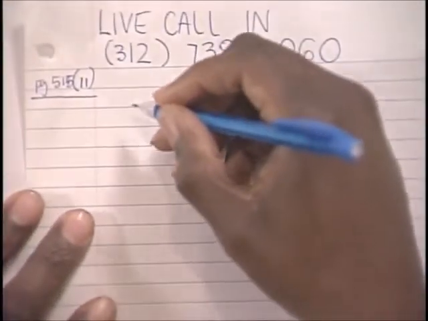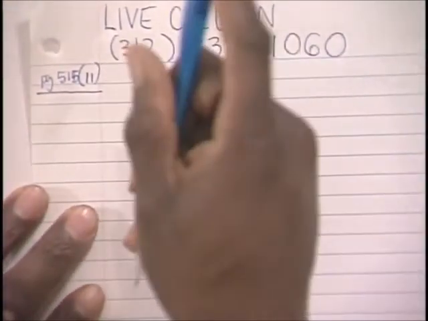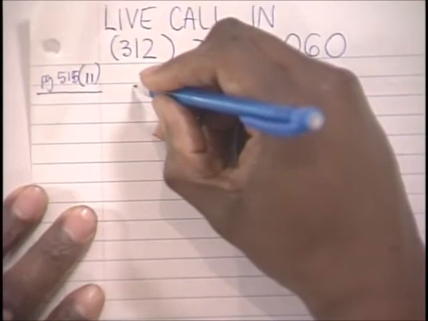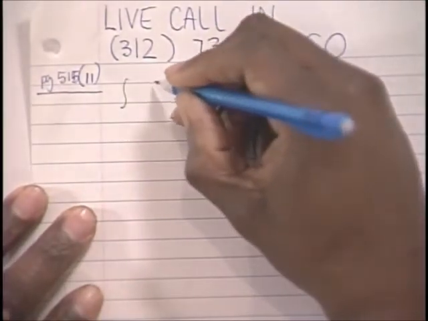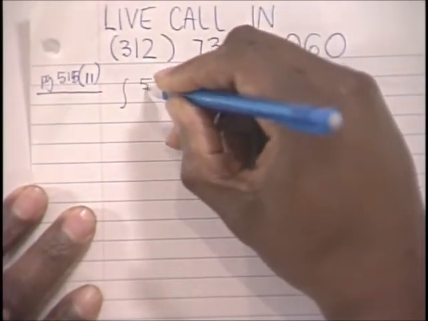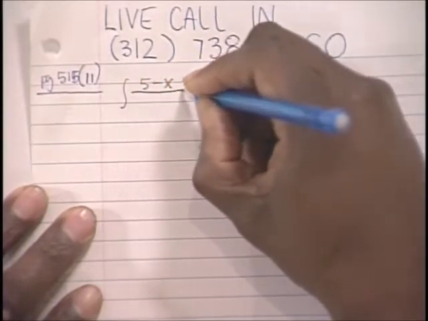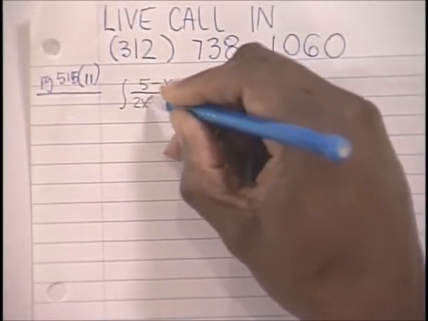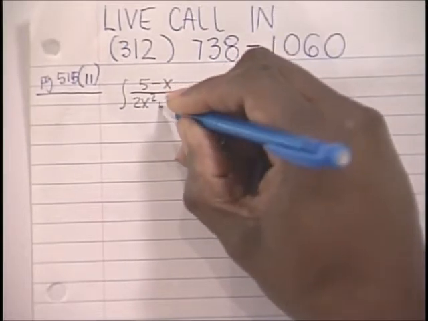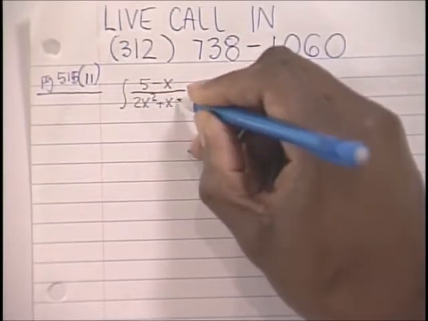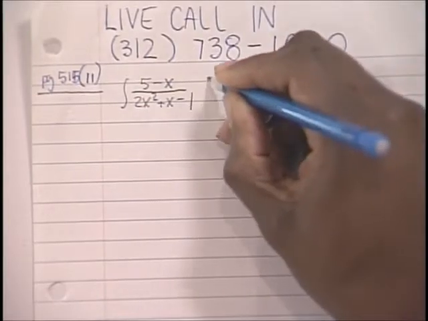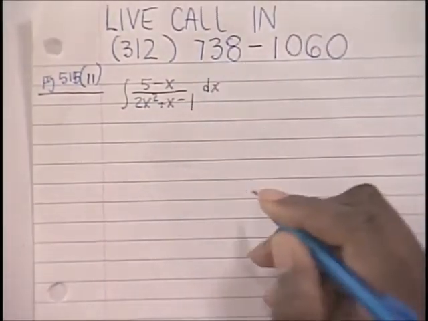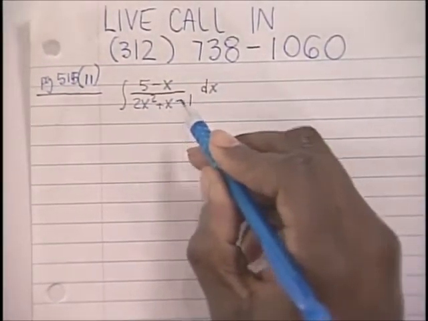So page 515, number 11, we're looking at this problem: the antiderivative of 5 minus x over 2x squared plus x minus 1 dx. All right, so I want to take the antiderivative of that. And again,